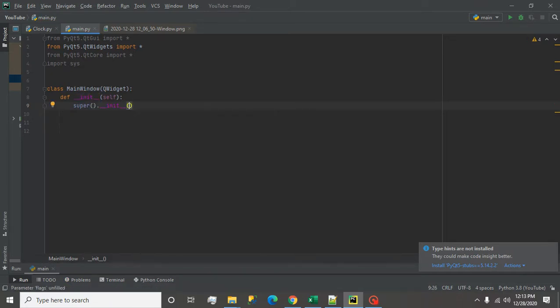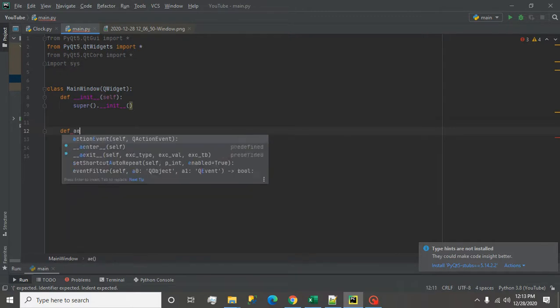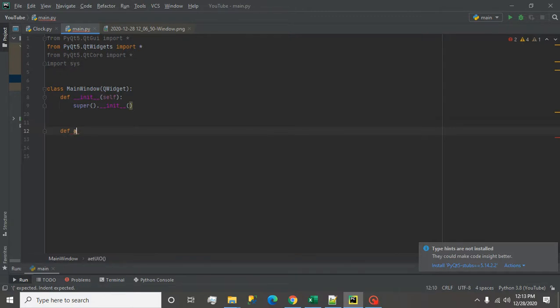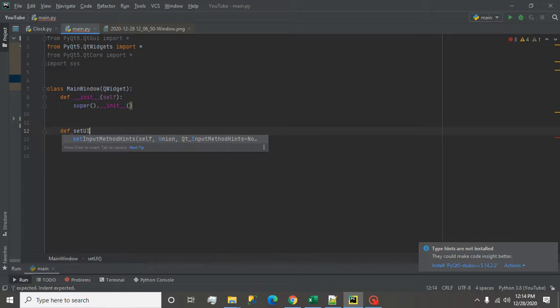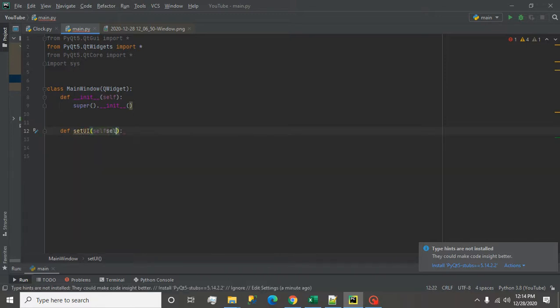Now the second method we will create is for the UI. So I write def setUI, this should be in small case. So setUI, and here pass self.